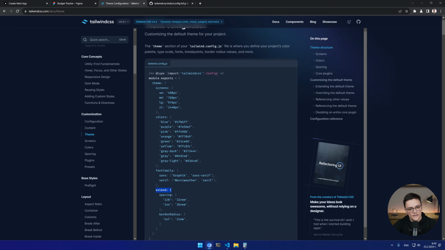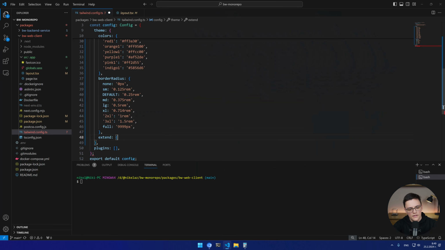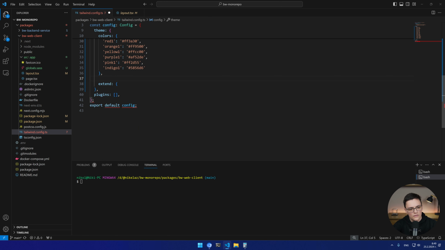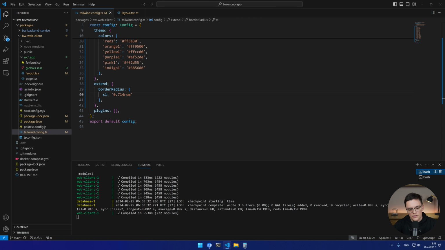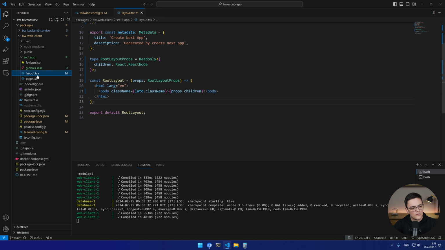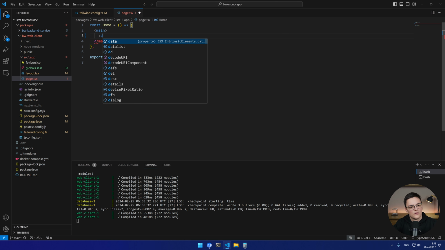So extend is after theme, right? Yes. And I just want this property. Okay, copy the whole thing. Extend. So as I said, I want only to overwrite this property. Okay. Well, we can test that now. Let me see. Did it recompile? Yes, it did. To test that, I can just add something in the page. Div